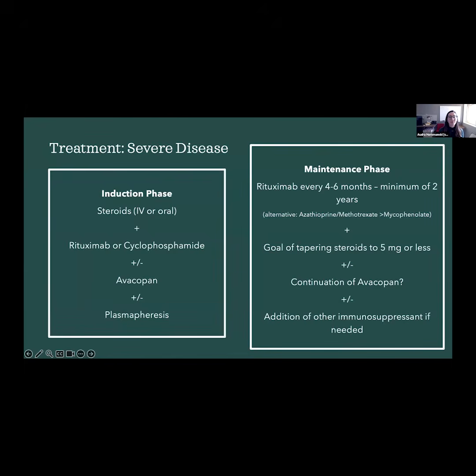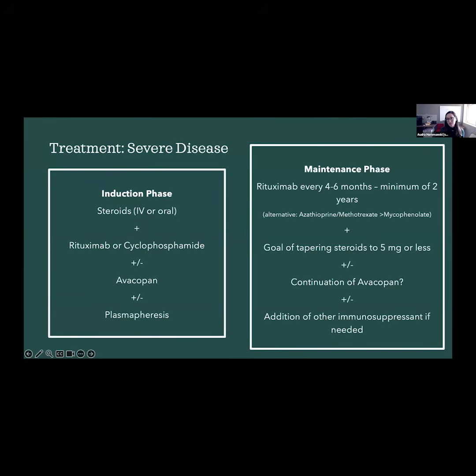And so while they're very effective medications, we always try to also at the same time start other medications that are safer in the long term and have a lower risk of those types of side effects. The most common additional medications for severe disease are rituximab, which is the preferred medication at this point, and cyclophosphamide, which was the very first medication that was ever described to help with these types of vasculitis. In addition to the steroids.